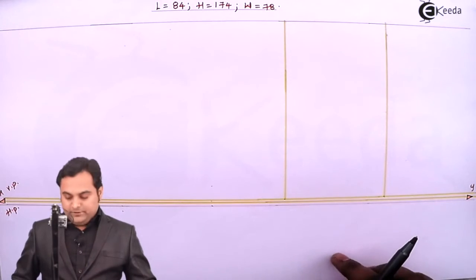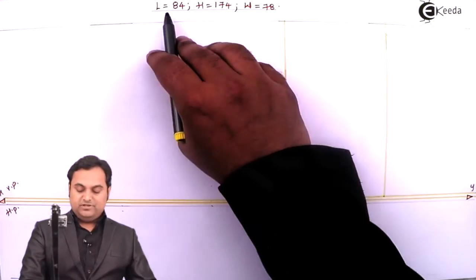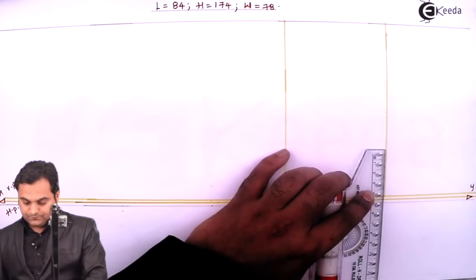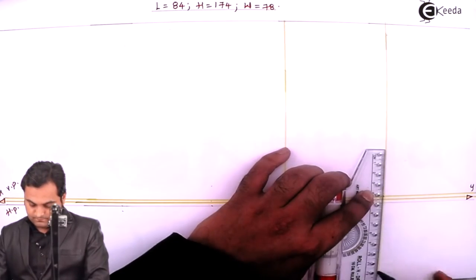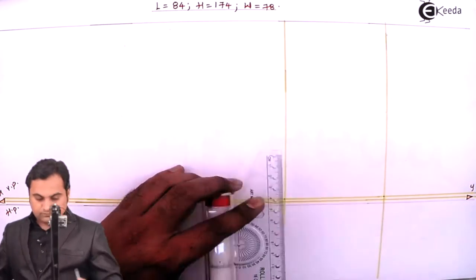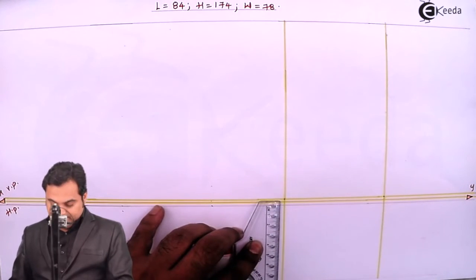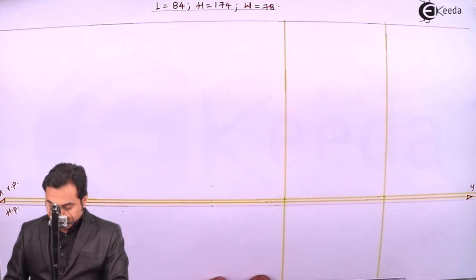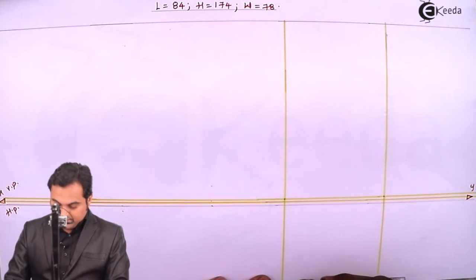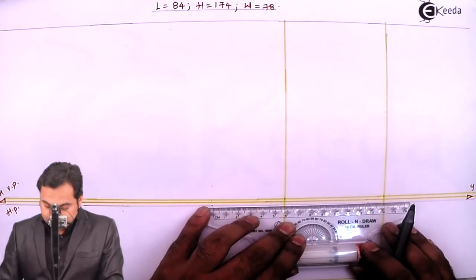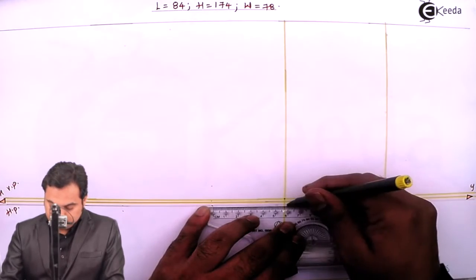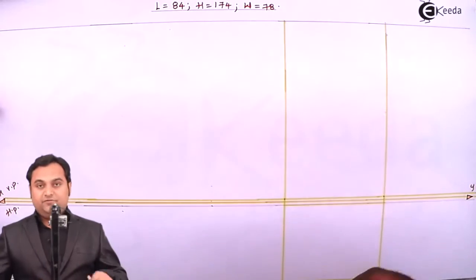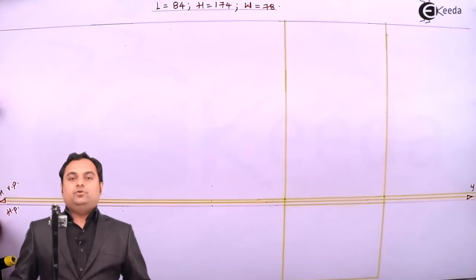Just below the front view there will be top view, and in the top, height is not visible but length and width are seen. Length 84, I'll take it from the front view. Then width is already 78, which I have taken here. So inside this box I'll be drawing the top view. And inside here there will be the front view. Then for the side view, which is right hand side view drawn towards left,